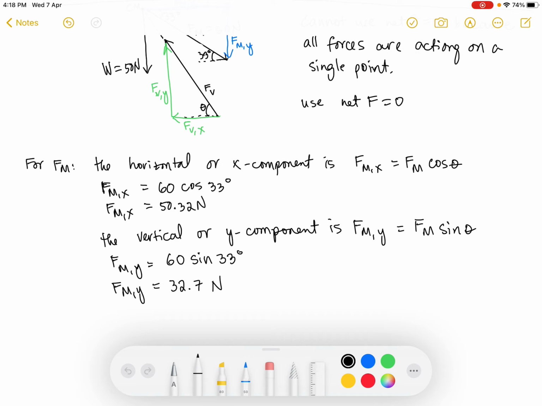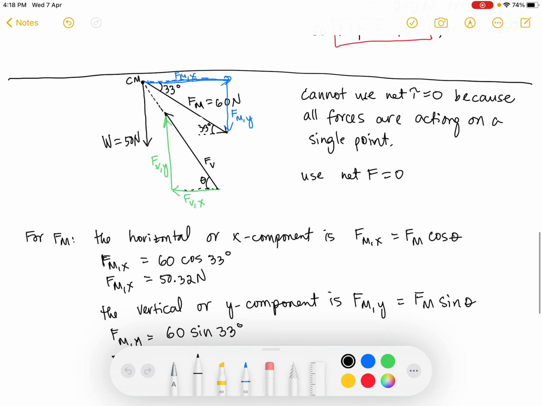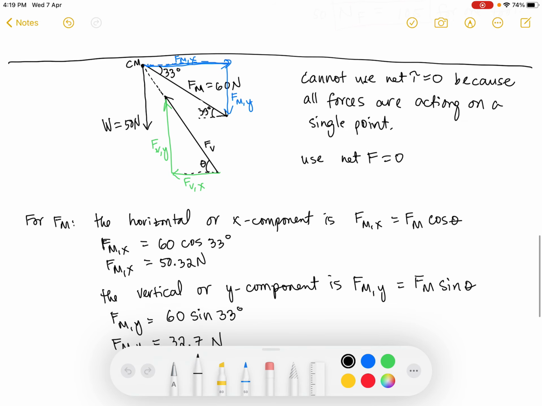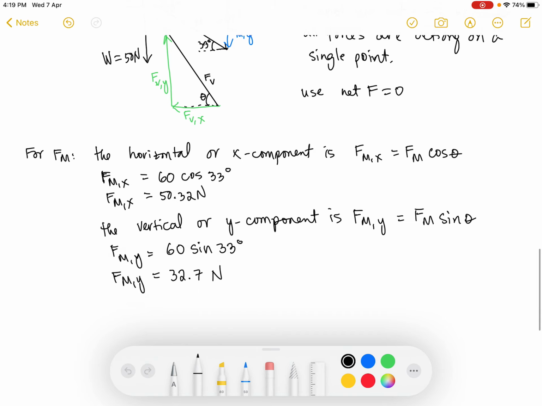Right, we'll leave Fvx and Fvy as they are because we don't know Fv and we don't know theta anyway. That's what we want to find. But essentially, we now have the x component of Fm, which is Fmx, and the y component, which is Fmy. If I redraw my forces,